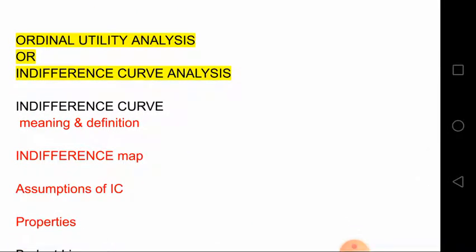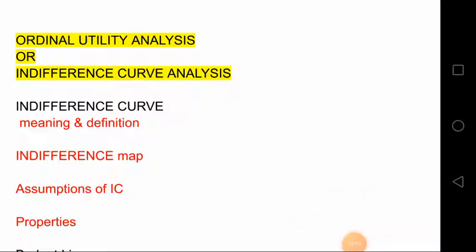After that, as we know, for measuring utility we can use two approaches. First is the cardinal approach, in which we measure utility in terms of numbers. The second one is the ordinal utility analysis, in which economists said that utility cannot be expressed in terms of numbers. We can give it an order, or it can be ranked. We cannot say yesterday I was 2 kilograms sad and today I am 5% excited. Rather than this, we can compare with yesterday, like today I am more happy. So I can give the rank.